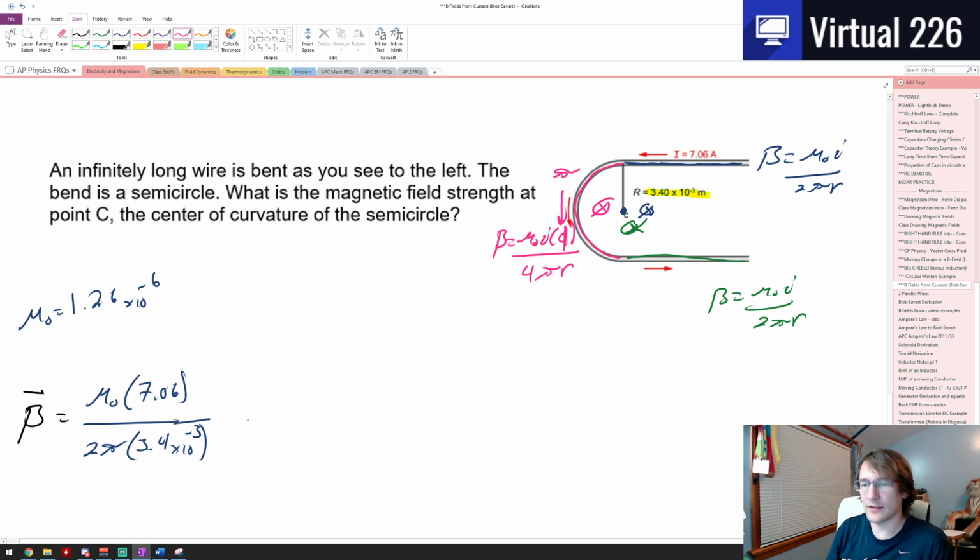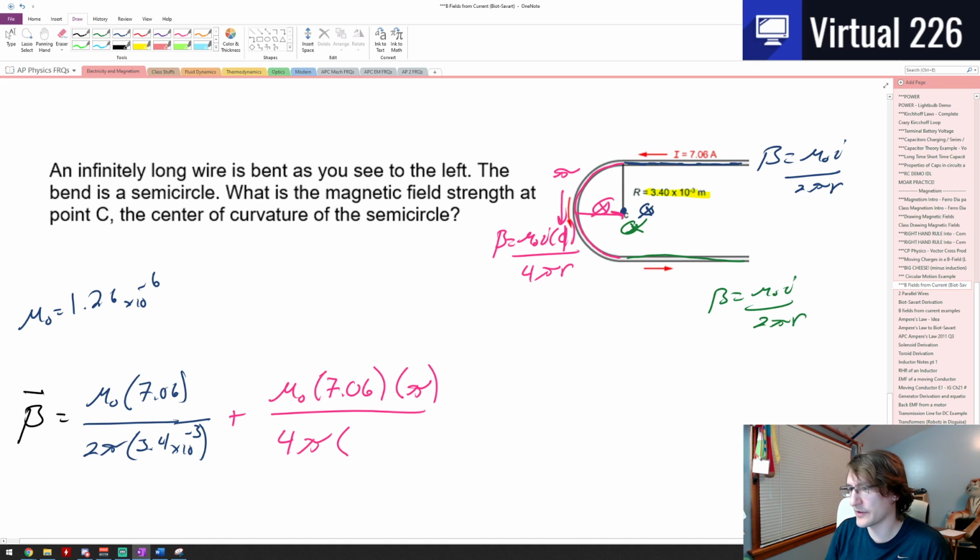But then we'll start adding things up. So we'll add this to the curved loop here, which is mu naught, once again, times the current, 7.06, times pi, because we're going through half of a circle, divided by 4 pi, and then once again that R value is going to be the same, 3.4 times 10 to the minus 3. And then we need to add that to the last piece, so plus